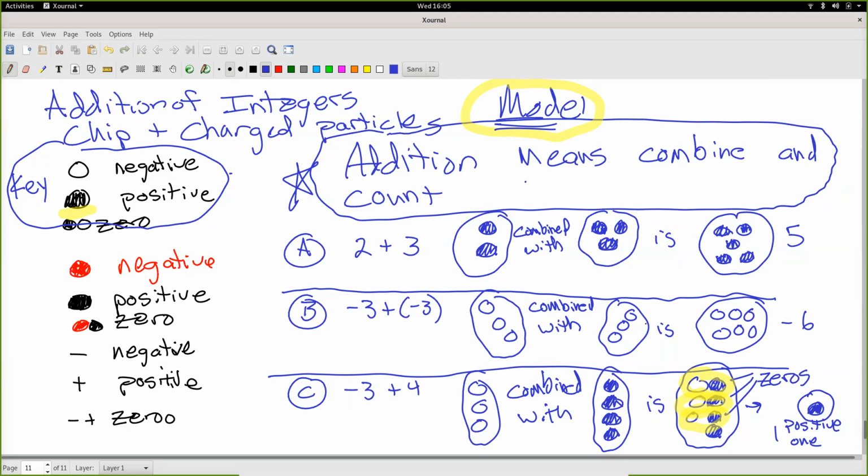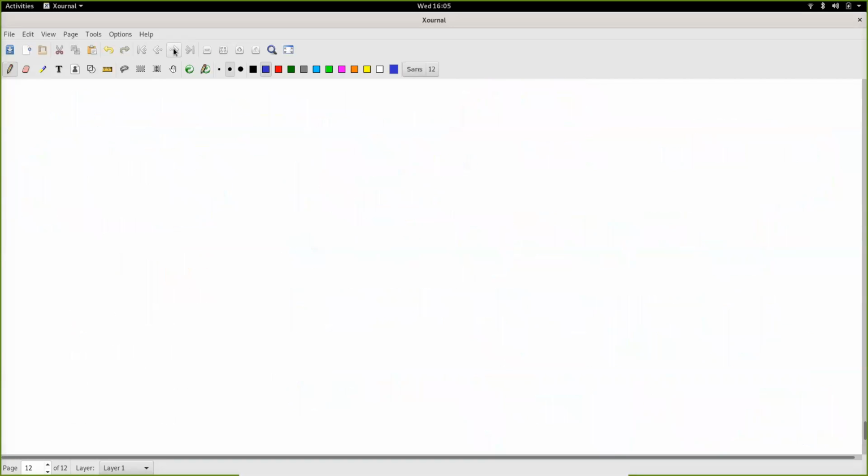The charged particle model looks pretty close to the same thing. So just for fun, I'll draw one of those on the next page. You can do it with me. Let's do an example D. Then we get to talk about subtraction. Let's say example D is